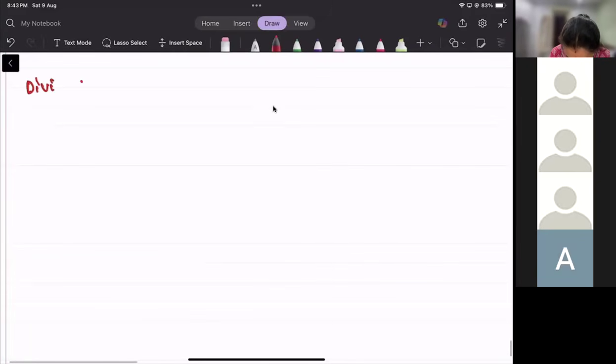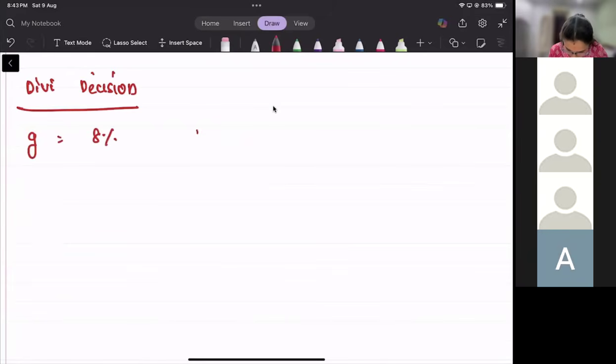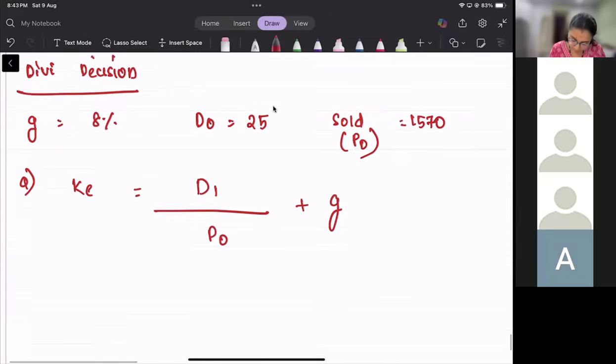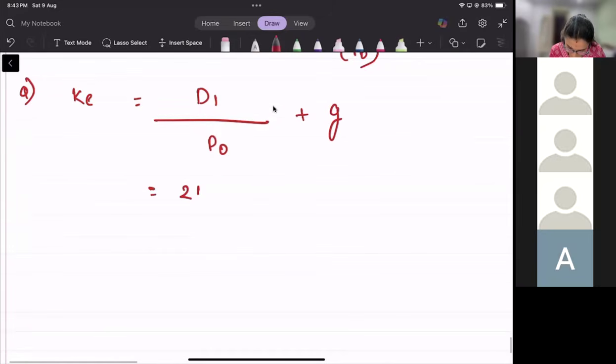So we are doing a dividend decision question. It's given in the question. First, let's do the first part. Growth is given. Paid dividend is given, so that is D0. And sold for 1570 means they have given us the P0. So first part, KE. What is the formula? Same formula we used above: D1 by P0 plus G. 25 into